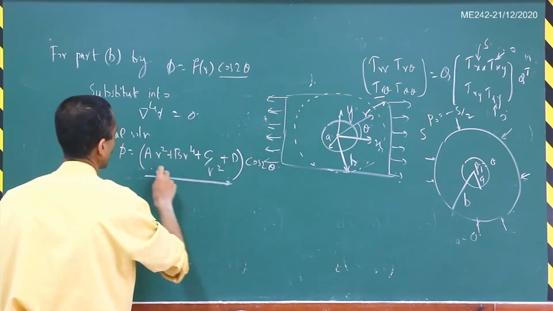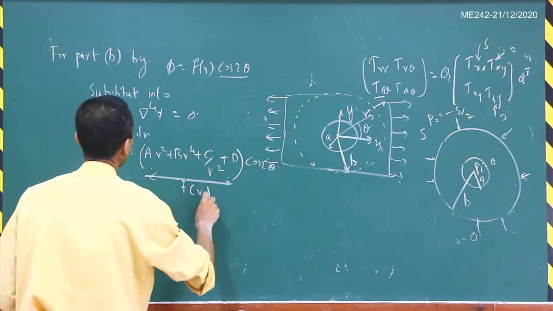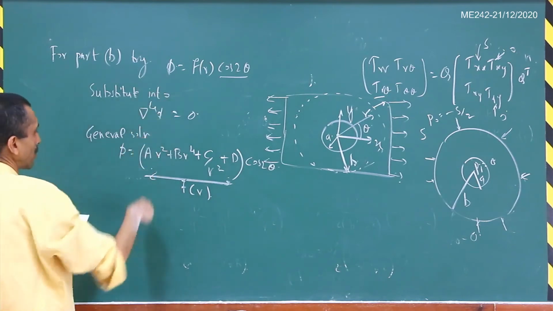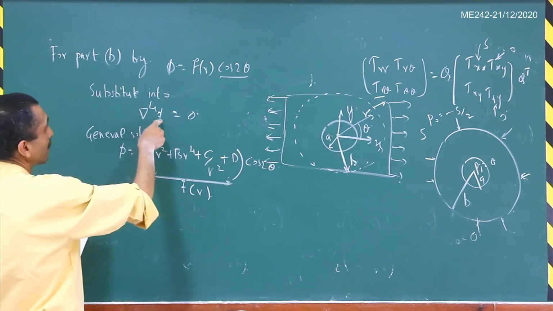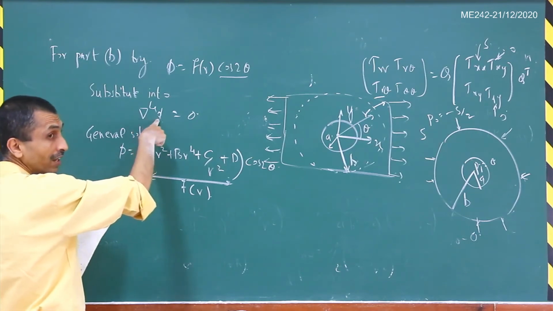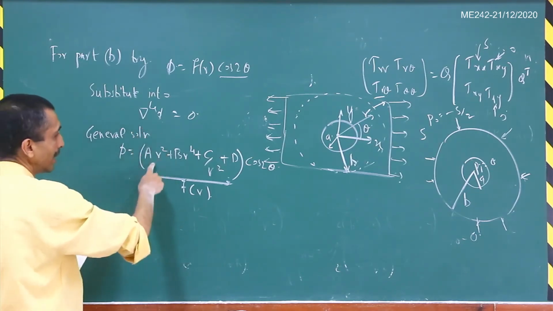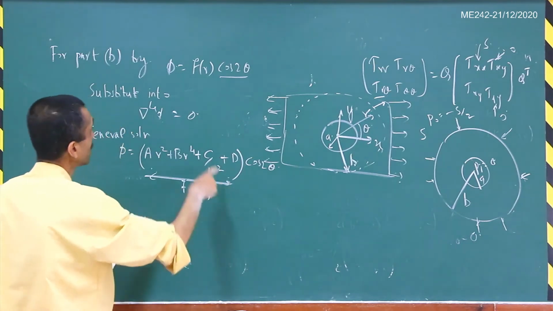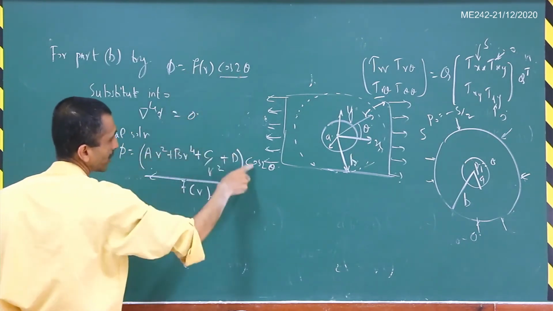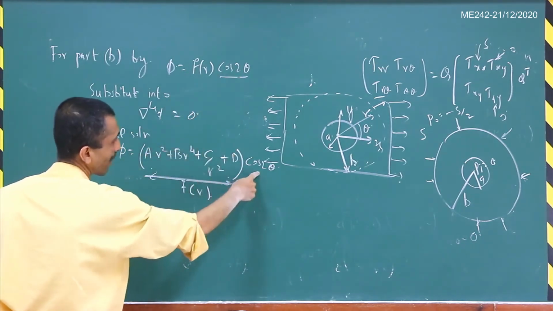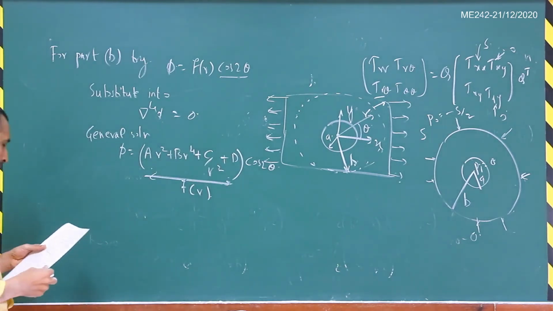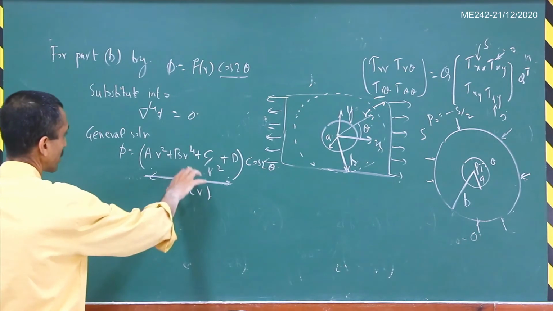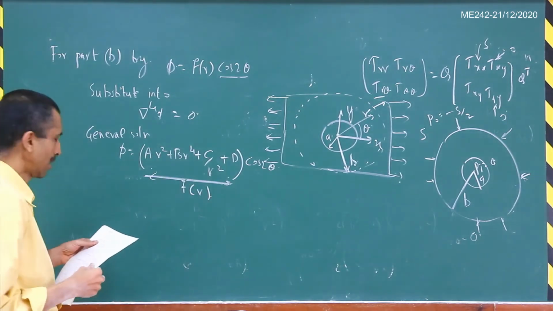So basically after you substitute this, you get a differential equation for f of r, and then you solve that differential equation for f of r, and you get this as the solution, and then it is f of r times cos 2 theta. So that is how I obtain my phi. Now you can find out what are the stresses associated with this particular thing.